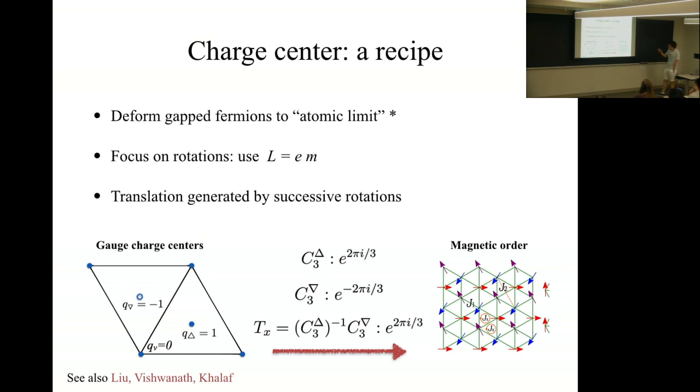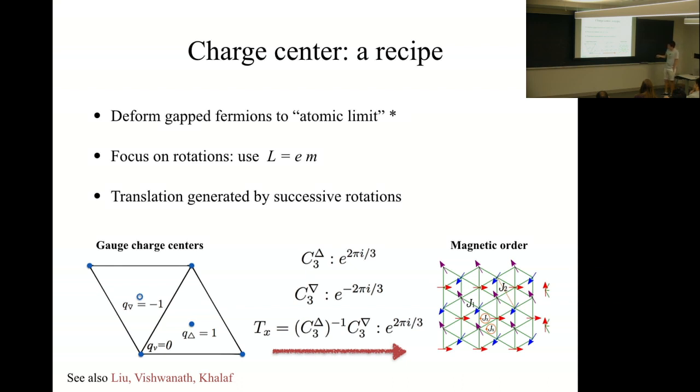And then it turns out once I figure out the rotation symmetry, translation comes automatically. It comes for free. It's because I can think of a translation as a composition of 2 inverse C3 rotations, but around different centers. If I do a C3 rotation around the downward triangle center and then the inverse, a minus 120 rotation around an upward triangle center, I basically get a translation. And then I read off the phase from here. That's some 2 pi over 3 phase factor when I do translation.